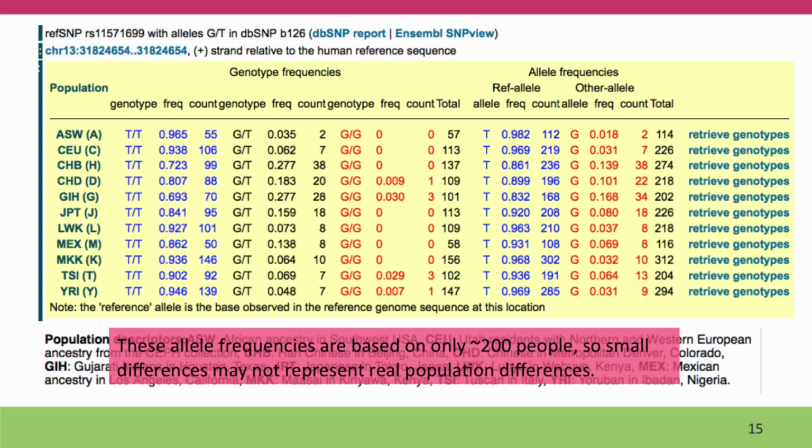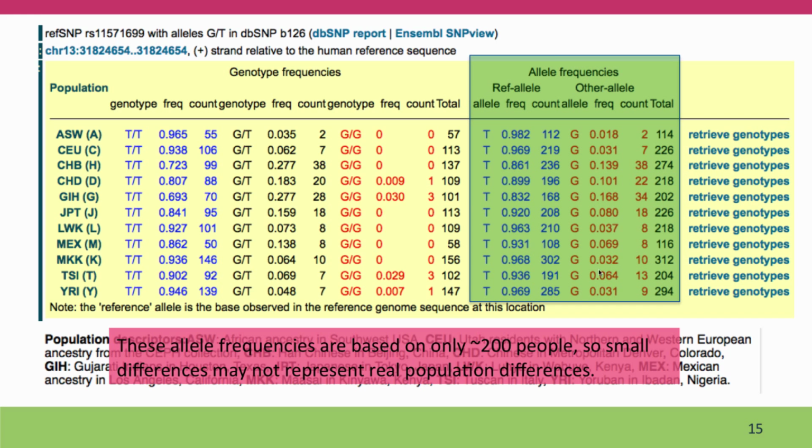And so here's a larger picture. This is what you get when you click on a SNP position in the HapMap display. Instead of just seeing what we saw before, which was the frequency of the two alleles in the population, this is what we saw in the previous slide, the frequency of the T allele and of the G allele in each of these populations. But now we also see the frequency of the diploid genotypes, people who are TT, people who are GT, people